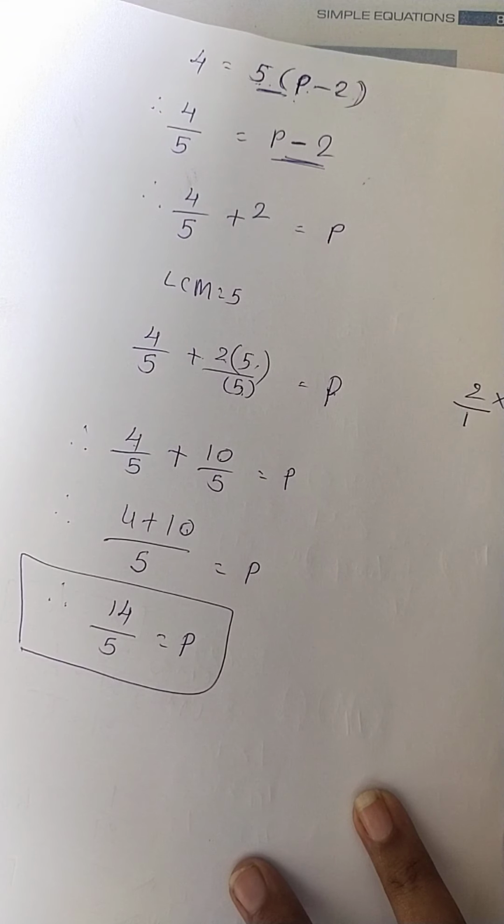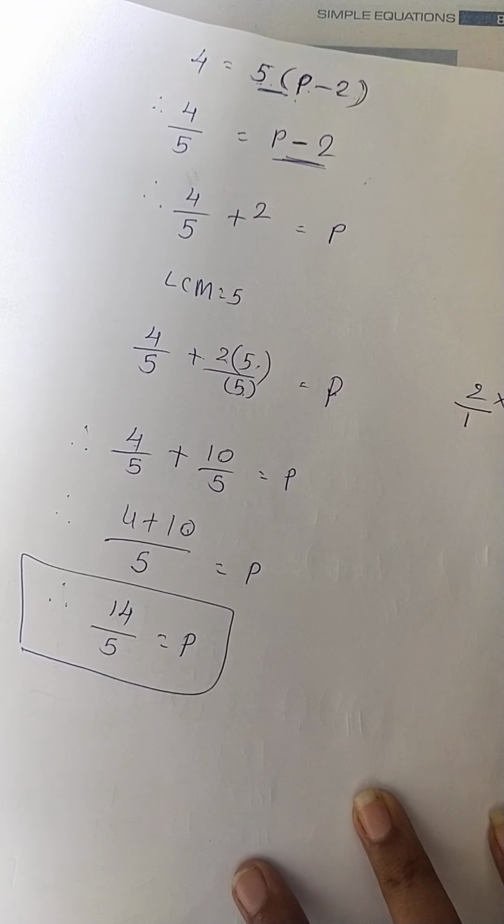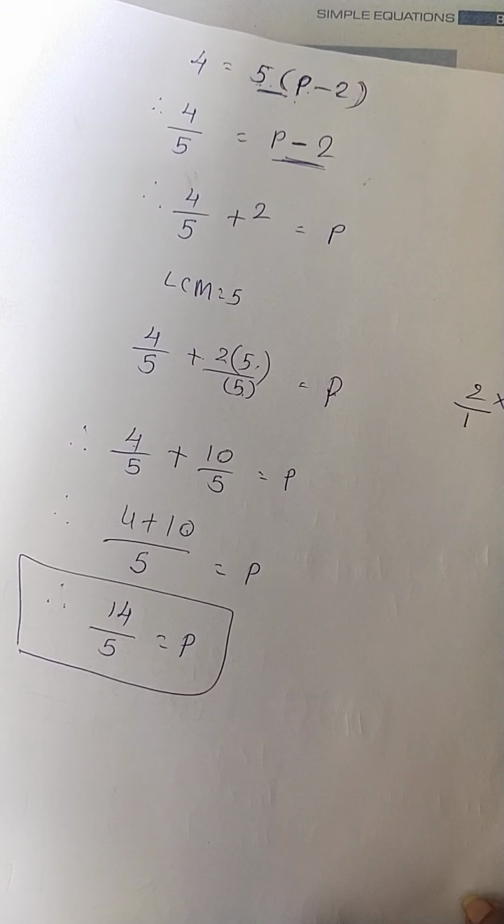So this way students, you have to do only one thing. You have to keep in your mind, you have to make the variable separate from the constant. Step by step follow, and you have to be careful regarding the sign. Okay, side change, sign change, then your answer will never be wrong. And see students, if you do the practice, then it's a very easy chapter, and if you skip it, if you take it lightly, then it is a little confusion.